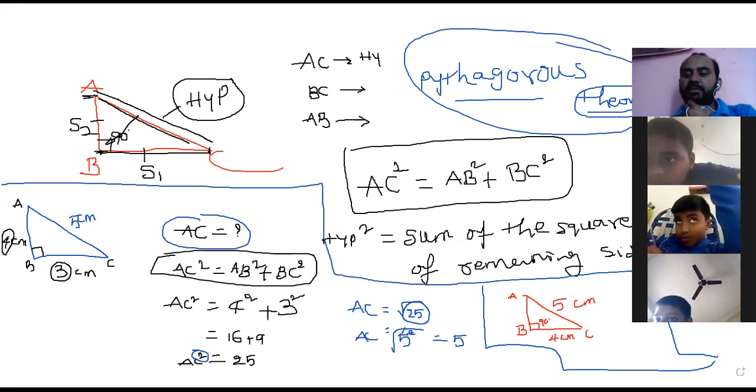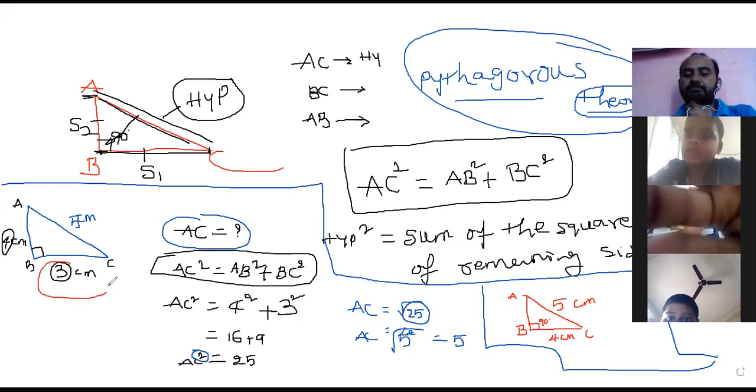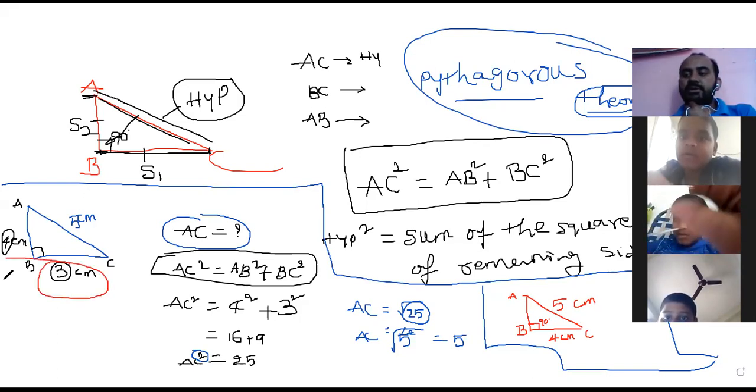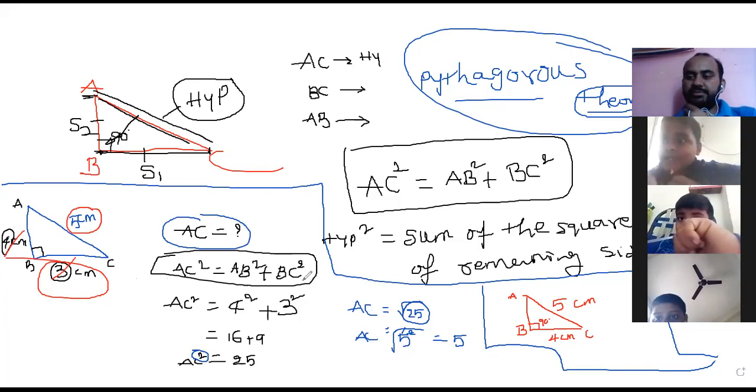Without pen and paper. Logic. AB answer should be 3, because in this previous question I got it. I got the answer 5 with the help of 3 and 4. So here I have given 5 and 4. The remaining number is what? 3. If you do it, you will get the answer 3 only. Do it.